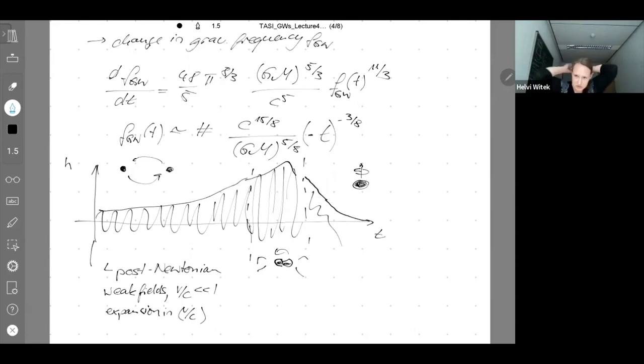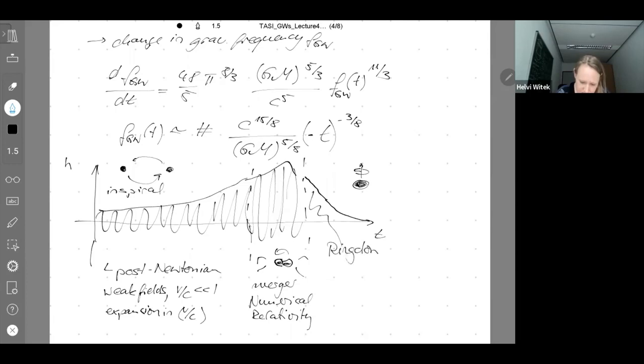So in terms of descriptions, I've already written down the post-Newtonian part for the in-spiral. This is the merger part, and here we really need numerical relativity because we have to solve Einstein's equations in full. And as I said, I will take the rest of the time today to talk about this. And then these final stages here, this ring down,